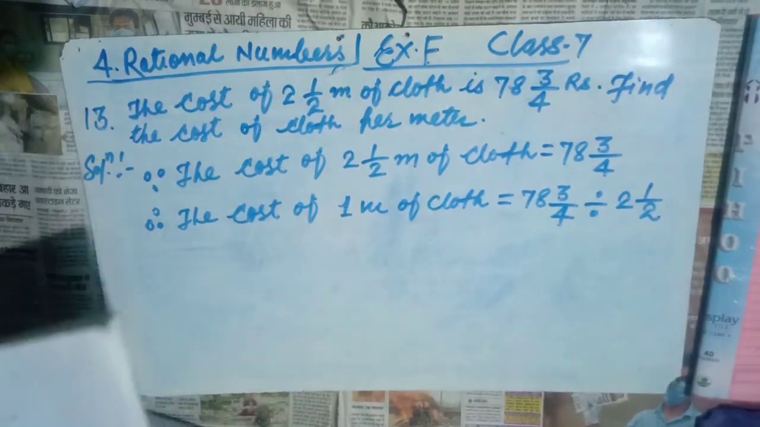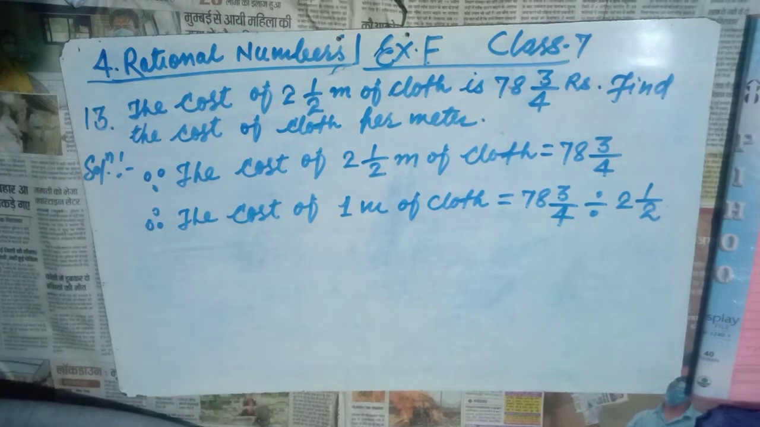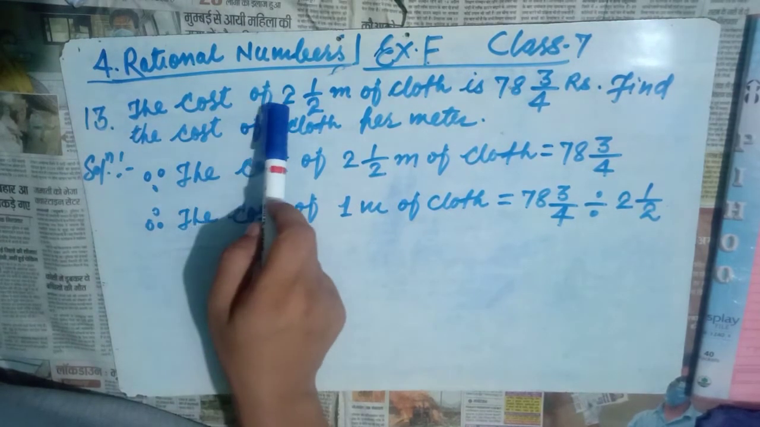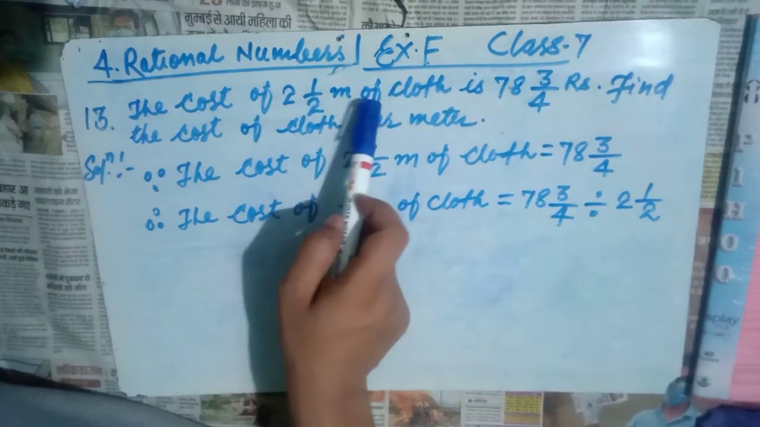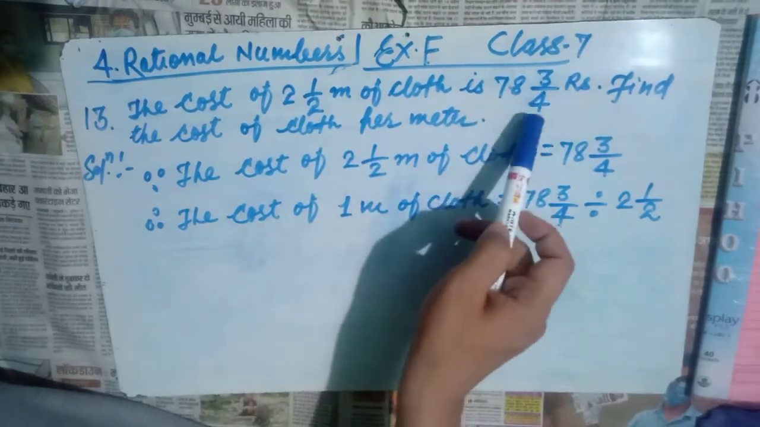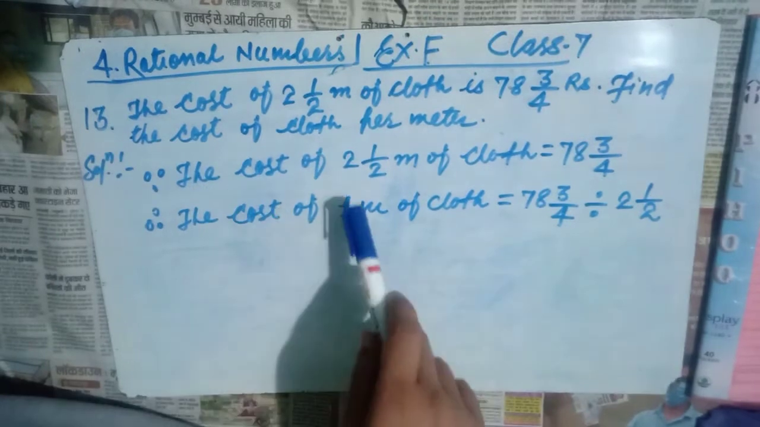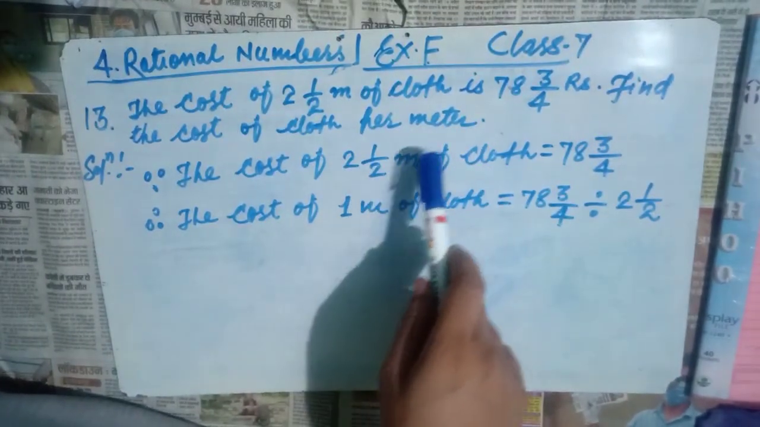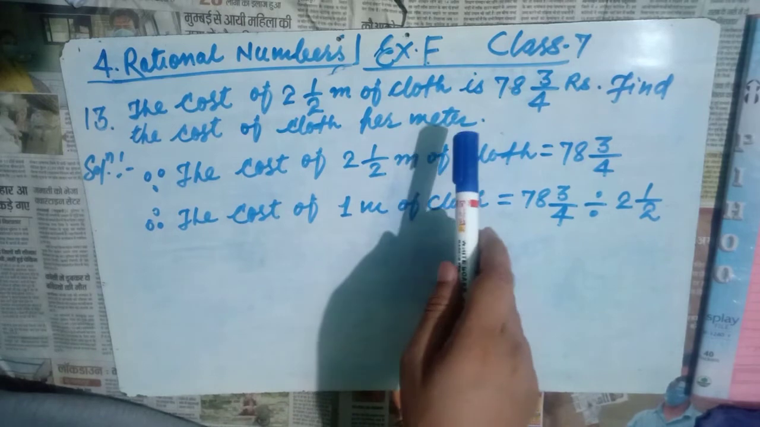Now friends, see question number 13. As you can see, the cost of 2.5 meters of cloth is 78 and 3 by 4 rupees. Find the cost of cloth per meter. That means we have to find the cost of 1 meter. 1 meter of cloth is equal to